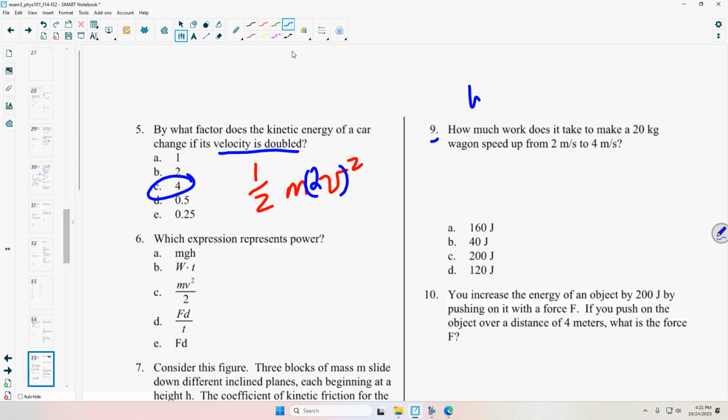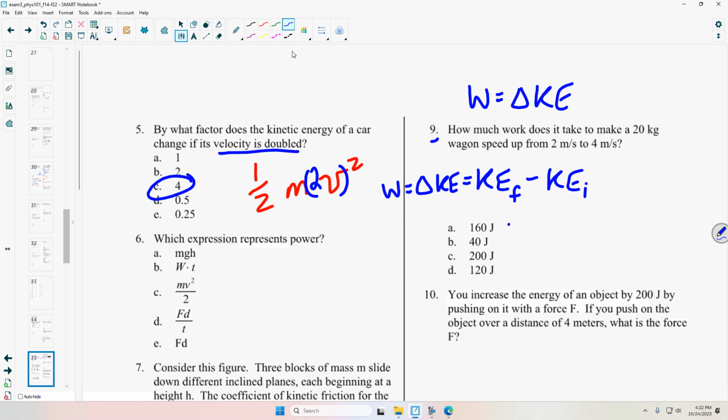So remember that work is equal to a change in kinetic energy. So that's our work energy theorem, right? So however much my kinetic energy increases is how much work I've done on this object. So I can take the kinetic energy final minus the kinetic energy initial. That will be equal to my change in kinetic energy, which will also equal the work, which is what